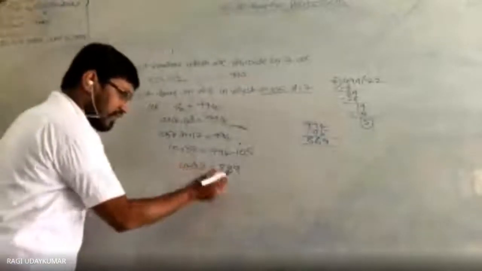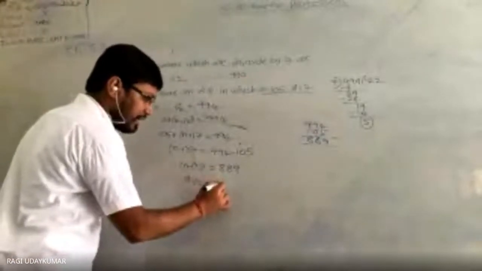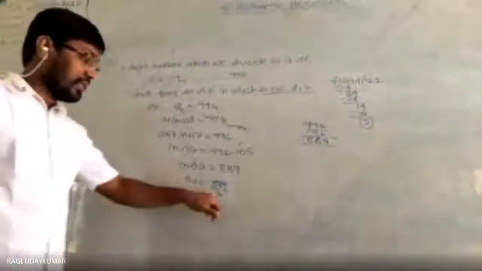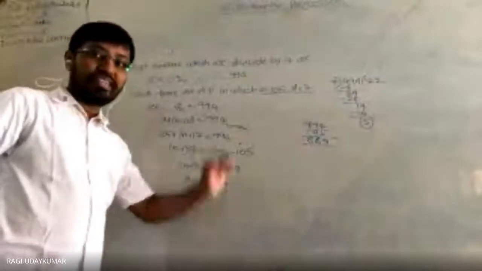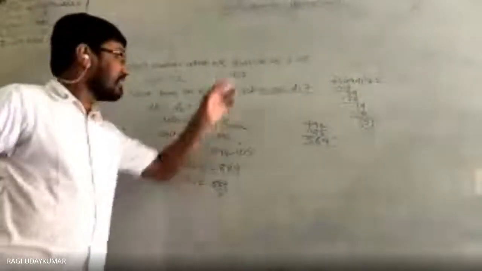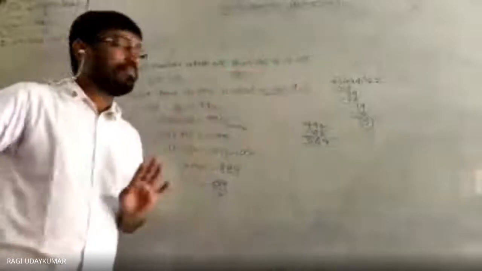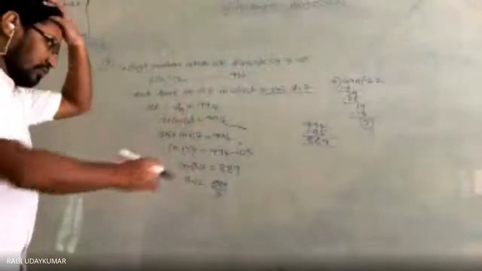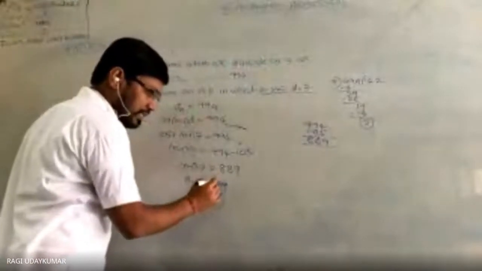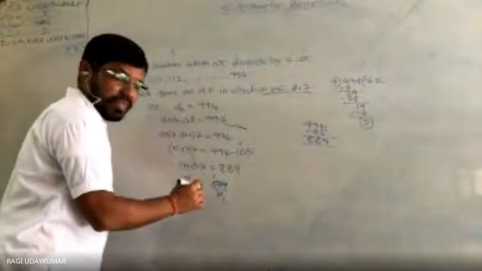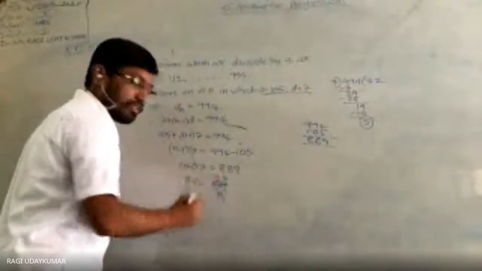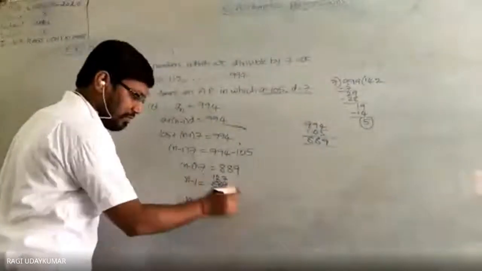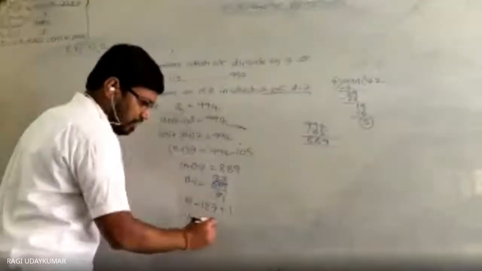Okay. So now divide by 7. n minus 1 is equal to 889 by 7. Suppose you do not get this as a natural number, then you made a mistake somewhere else, either here or in the division process. You can identify that. So divide by 7: 7 1s are 7, then 18, 7 2s are 14, 49, yes, 127. So n is equal to 127 plus 1, which is equal to 128.